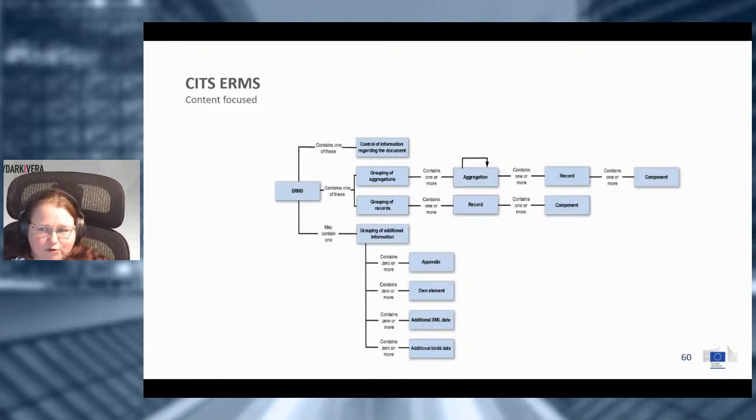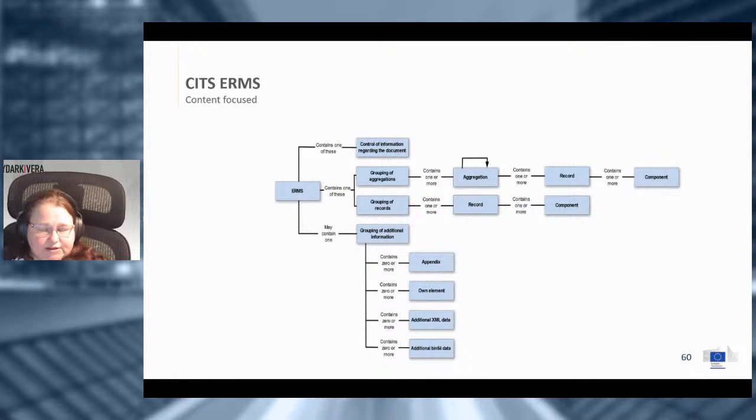It's depending on national regulations as well, which means that we have an XML schema where you can export the information from the records management system and put it into a format that is easily transferred. And what you see here is all the different main elements, and it's focused on the content and having the aggregation and the records. It's also possible to add metadata and files that you need to have following along the records management information.